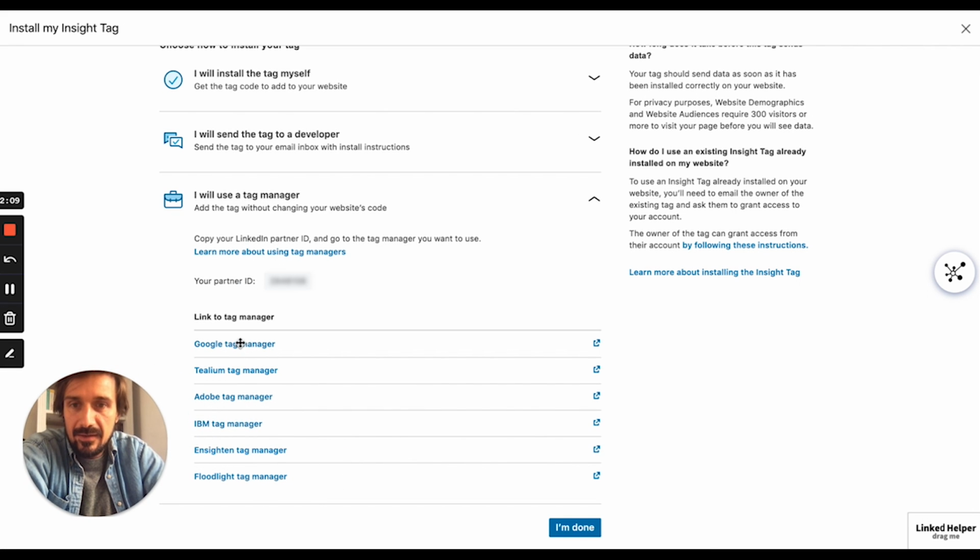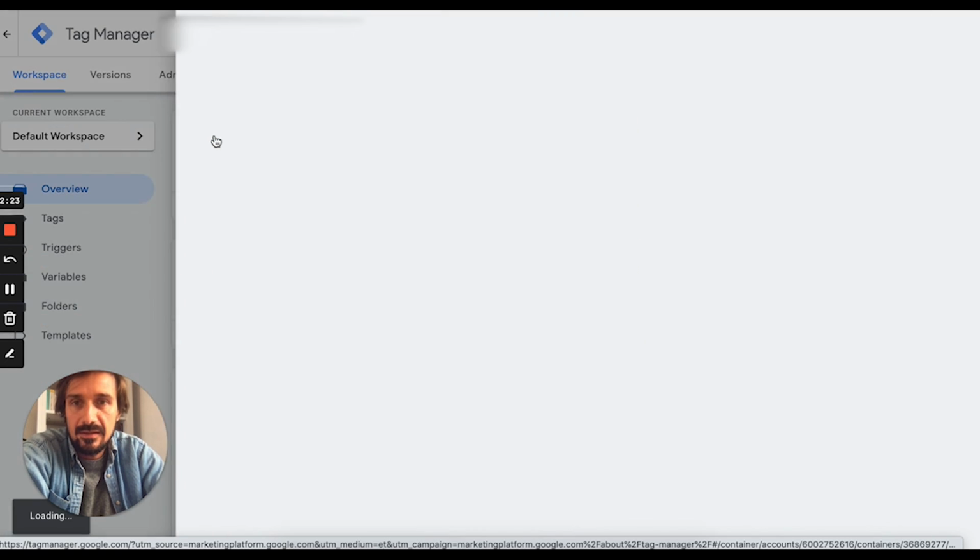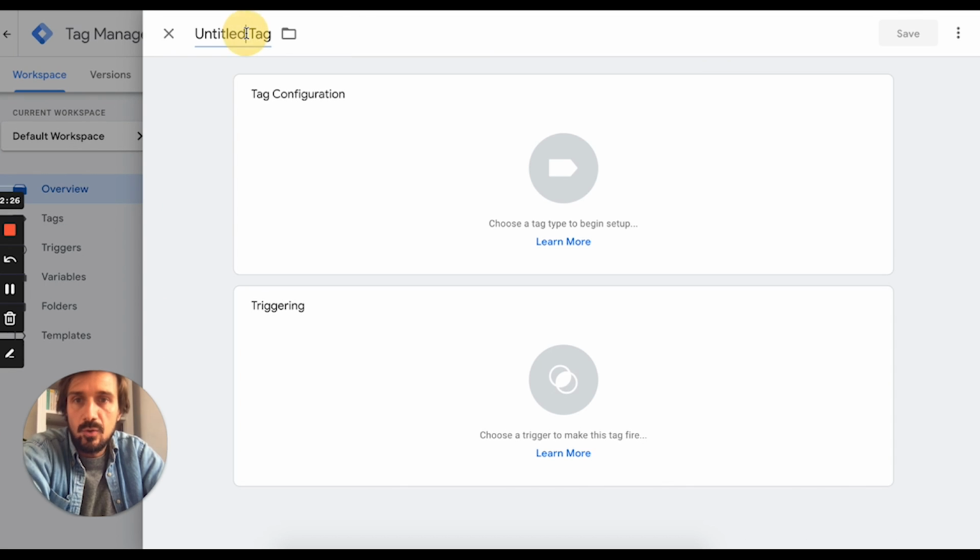I mean you have the other tags, but I only use Google Tag Manager personally, and you don't really have to click there. All you have to do is copy that, go to your Google Tag Manager, and here is the dashboard for Google Tag Manager. So you're going to create a new tag. Call it LinkedIn Insight tag,